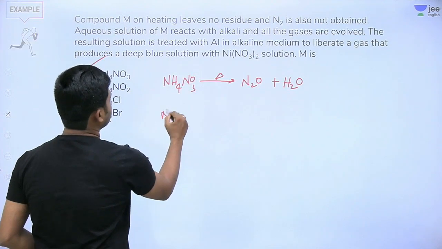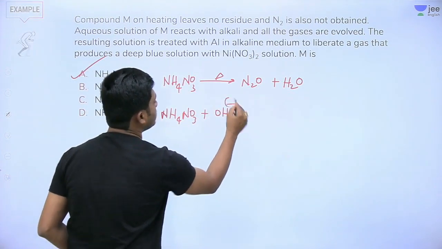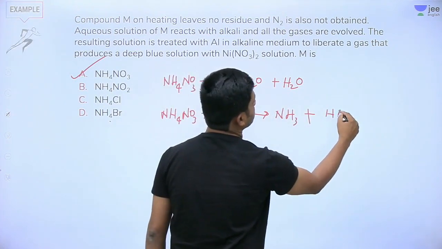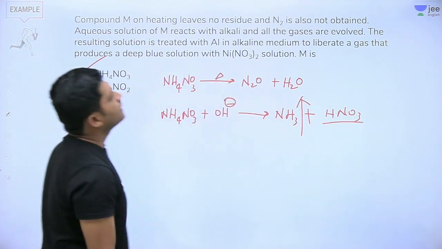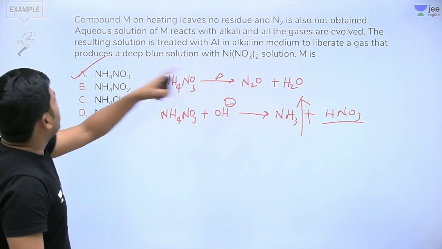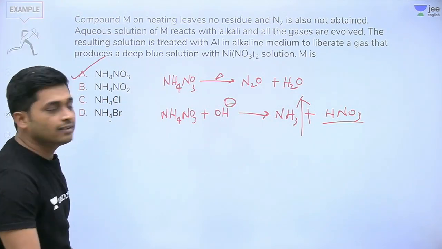Ammonium nitrate plus aqueous solution, we get NH3 plus HNO3. The gas is evolved, the remaining solution is treated with aluminium, to liberate a gas that produces deep blue color solution, aluminium